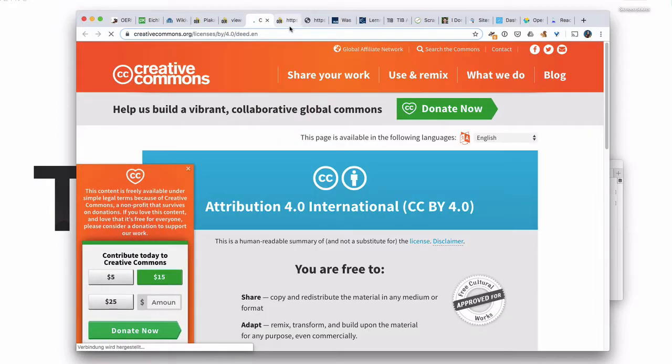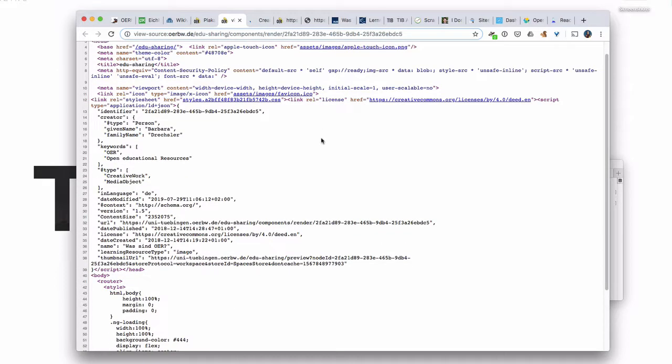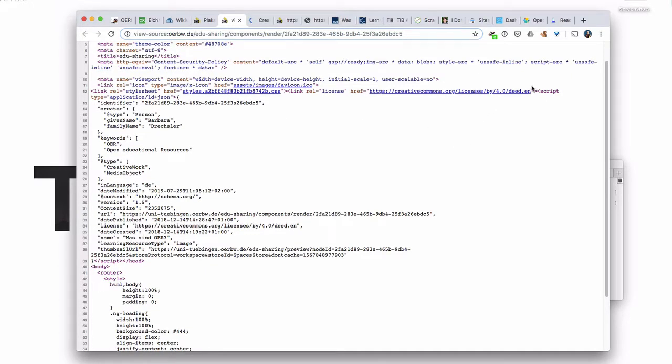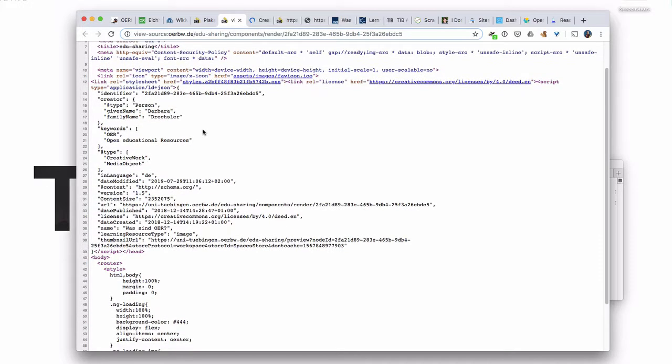So that's the cool part about the license, which is done there. And then the edu-sharing software and the project owners in Baden-Württemberg did something cool as well. They used schema.org, which is, as far as I understand, a standard as well for search engine optimization and structured data in the web and open link data. And I don't know, you should ask the experts about that,